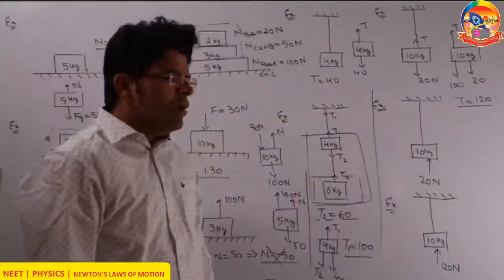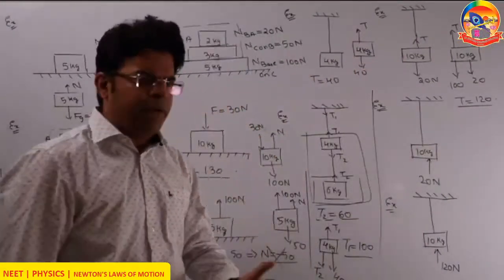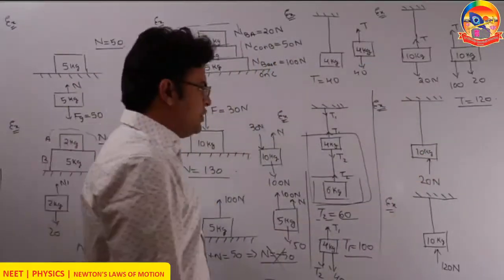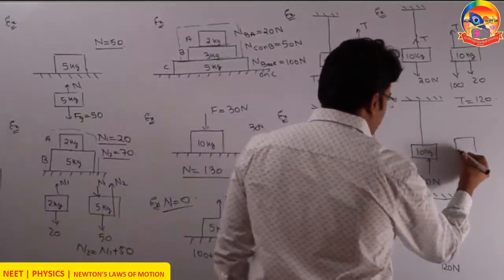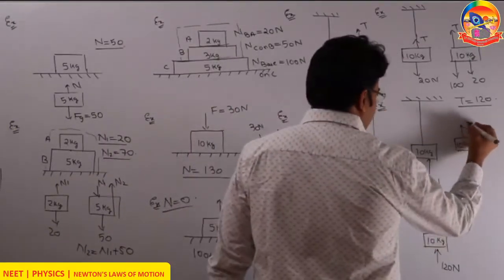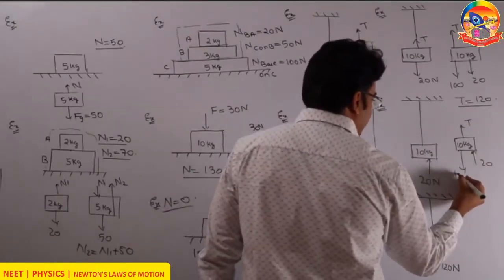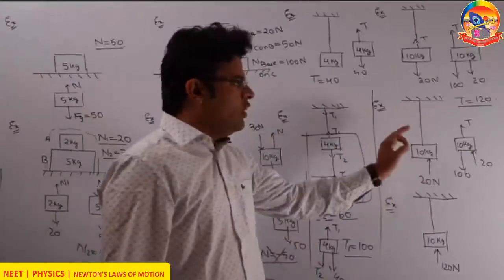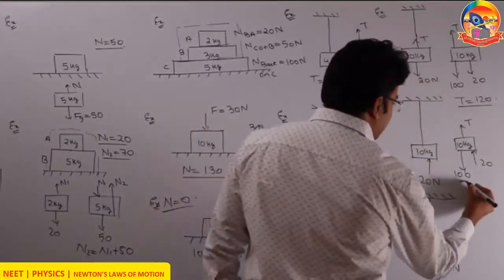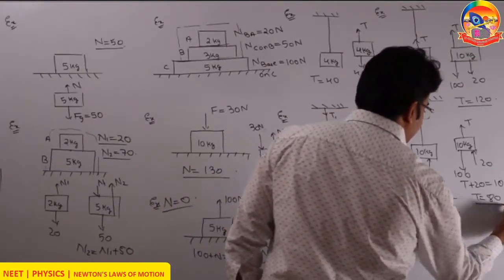Next example. The same 10 kg block, the same string, but this time rather than applying the external force downward 20, we have applied it upward 20. Now what will be the tension in the string? So again, if we look at the free body diagram, all the forces acting on it, there is an upward force of tension T, there is an upward external force 20, and there is a force of gravity 100. If the net force on the block is 0, then the net upward force equals the net downward force. So you can write T plus 20 equals 100, or the tension has to be 80.